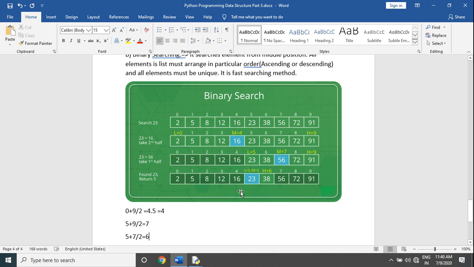So our element at the sixth position has been found. Here we can search for the element with the help of binary search.